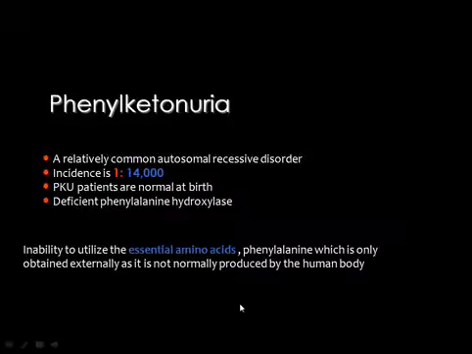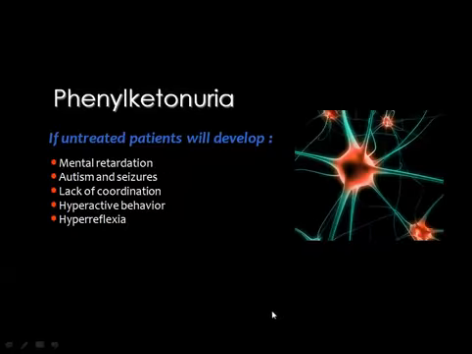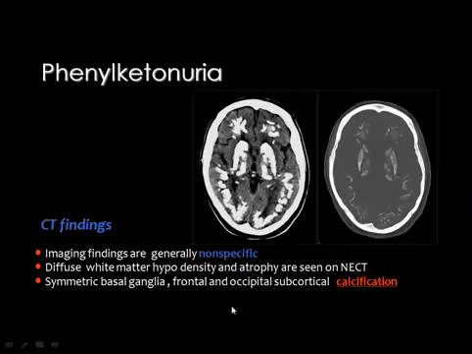And we should know that phenylalanine is only obtained externally, and it is not normally produced in the human body. Patients with phenylketonuria may suffer from mental retardation and some seizures, lack of coordination, hyperactive behavior, and hyperreflexia. The manifestations are usually non-specific, but it can go in the differential diagnosis of extensive basal ganglia and white matter